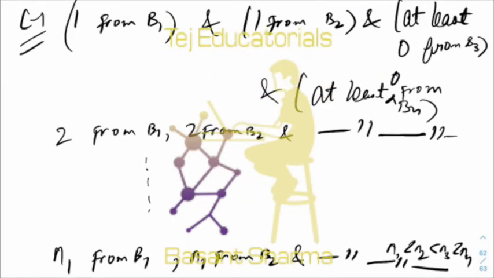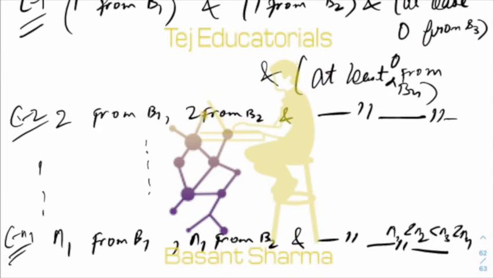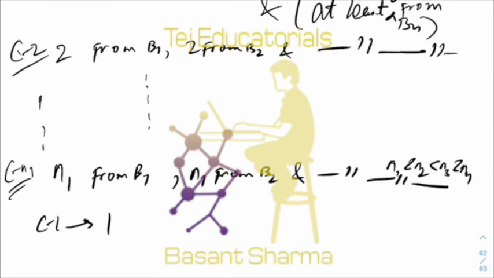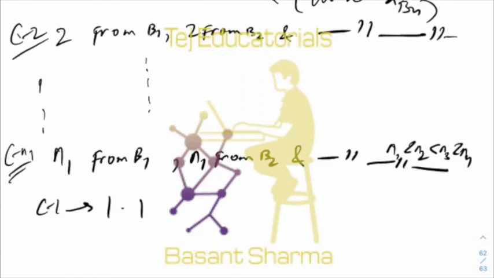Well, for case 1, this is case 2 and this is case n1. So corresponding to case 1, you have how many ways? Well, selecting one object from B1, that is one way, because n1 identical objects are there. Similarly, one way of selecting one object from n2 identical objects, and then 2 to the power n3 into 2 to the power n4. And this will repeat for all the cases.